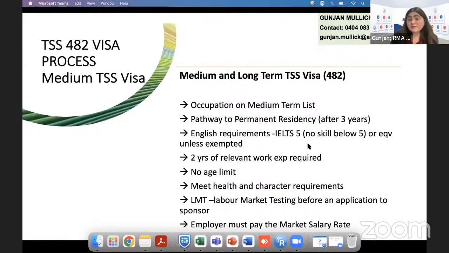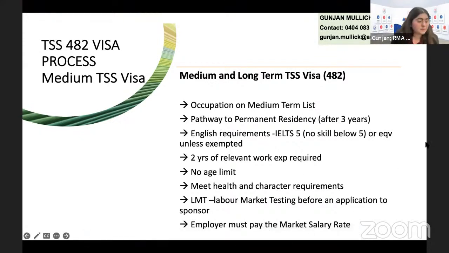English requirements: IELTS 5 or equivalent unless exempted. There are some exemptions for English. However, it is recommended that you get IELTS 5. The higher the better, because you may have options of applying for the independent skilled visa, and 6 each is the minimum for the 189 and 190. And the IELTS is valid for 3 years for migration purposes, so 3 years from the date you receive your results for the English test. So the higher the score, the better. Everybody knows that with 7 each, you get 10 points, and with superior English, you get 20 points for skilled migration.